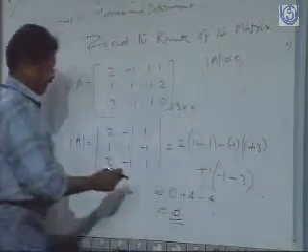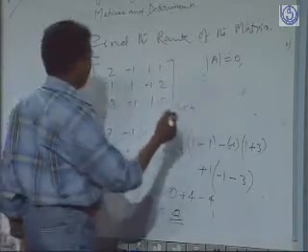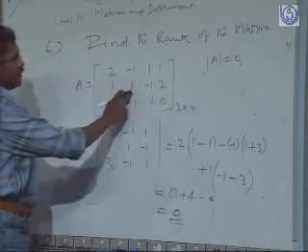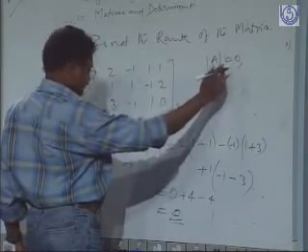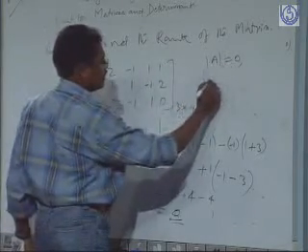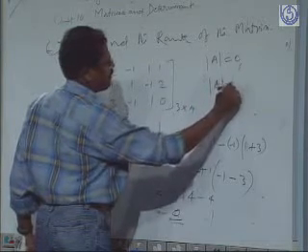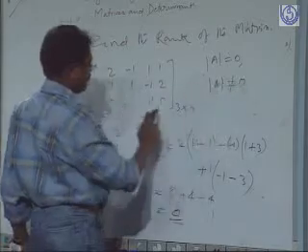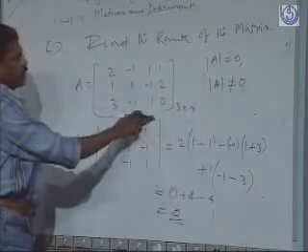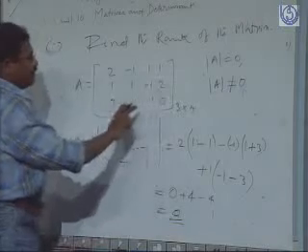So the rank of the matrix is not equal to 3. The rank will be found when the determinant of a matrix is not equal to 0. If it is a 3 by 3 order matrix, the rank will be 3. But here it is not coming. So we will go for